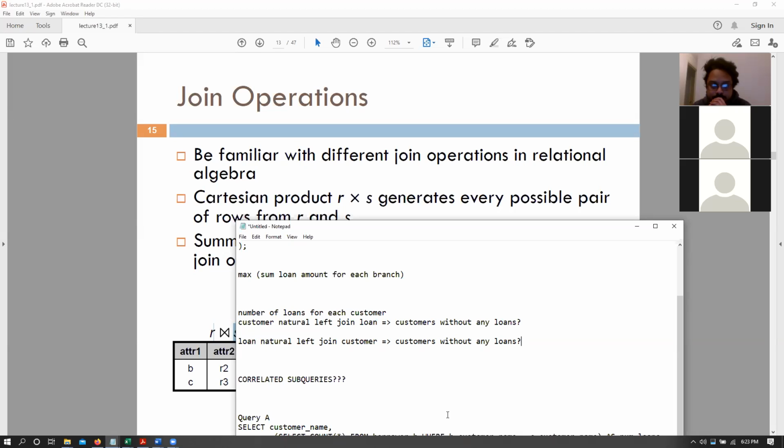No, right? Exactly, Jordan. So exactly, long. No, no, right? So what do we need to change here? If we change this to a right outer join, natural right join, would that work?